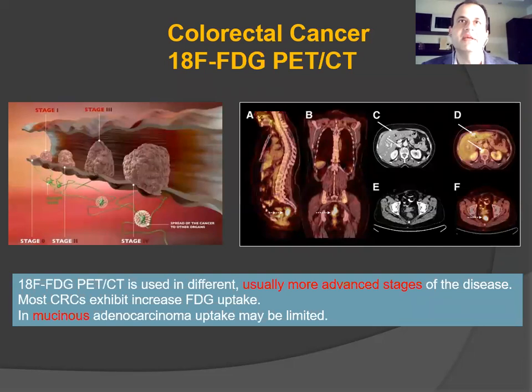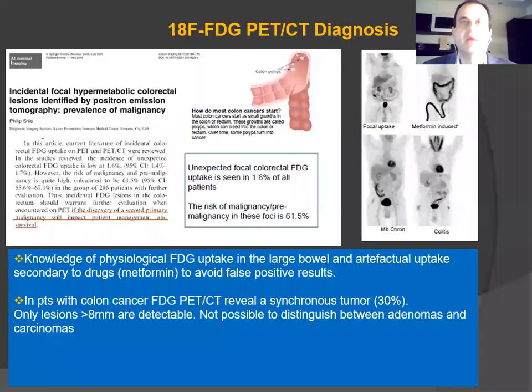PET-CT with FDG is used in different, usually more advanced stages of the disease. Most colorectal cancers exhibit increased FDG uptake with the exception of mucinous adenocarcinoma, where uptake may be limited. In general, PET has no role in primary tumor detection or characterization, although some studies have assessed a potential added